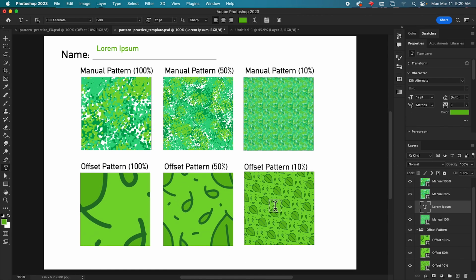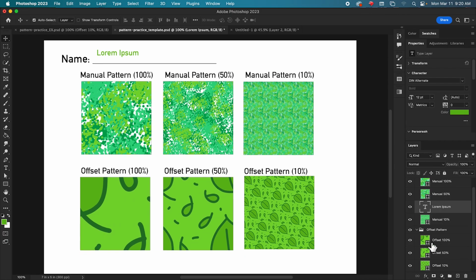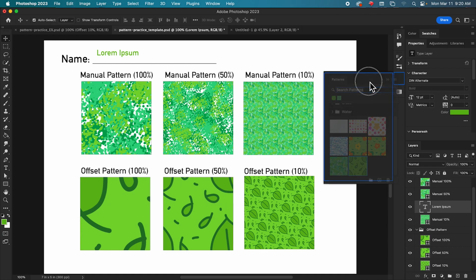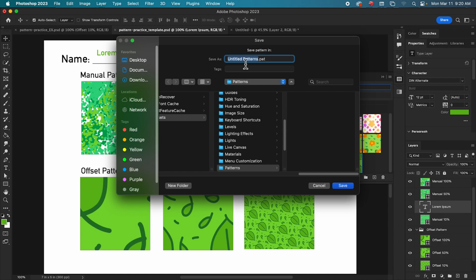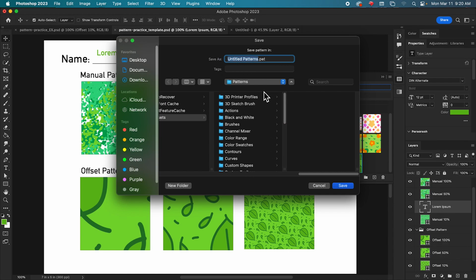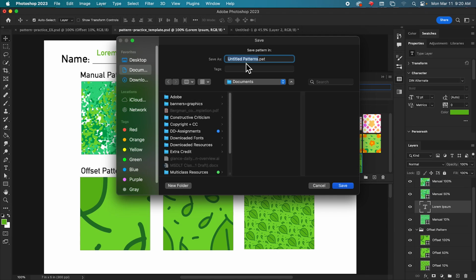If you would like to save these patterns, especially if you'd like to back it up to Google Drive, which you are totally allowed to do, you are going to go over here to your patterns, kind of the same way we did with the brushes. You're going to right click, export selected patterns, and give it a name. It's going to try to go into this Photoshop folder. I would just put it in documents, and I would name this something like, I'm going to put my name in front of it, and then leaf.